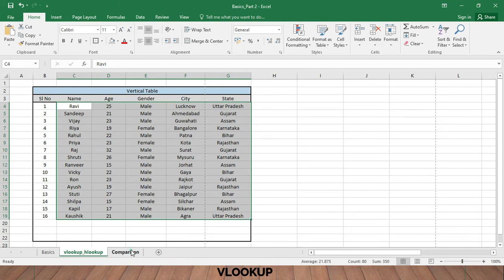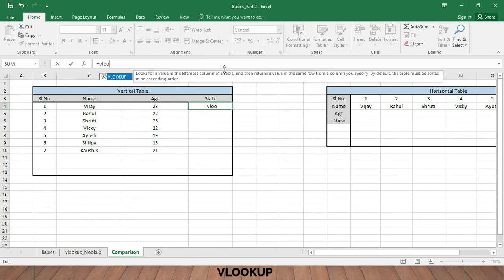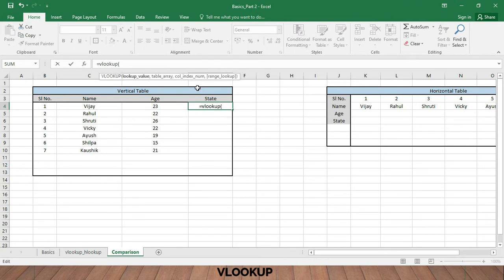Okay, let's go ahead and apply the formula. What is the formula? You can use both the space. Either you come here and type the formula once you select the cell, or you can do this here because here space is more. You can see the whole formula. Let's come here. We'll type VLOOKUP. We'll start with a comma. Then we need the reference cell. The reference cell is Vijay. Okay, we will see what is Vijay's state. So reference cell is Vijay. I'm going to click Vijay, then proceed with a comma.